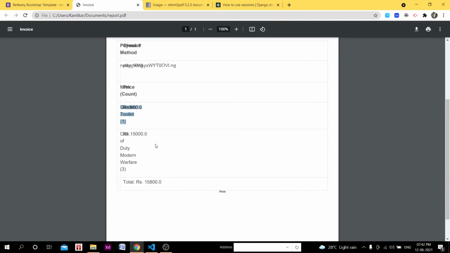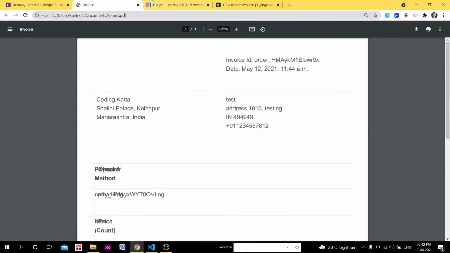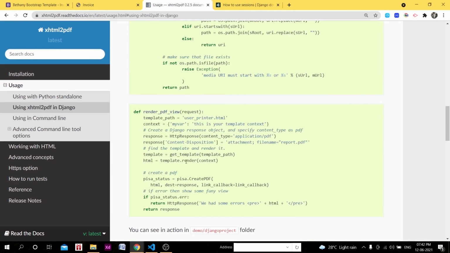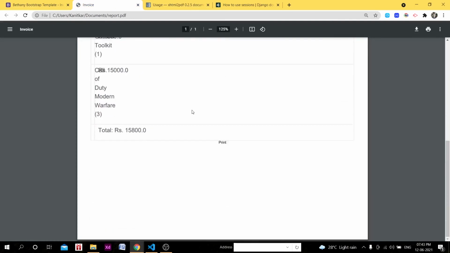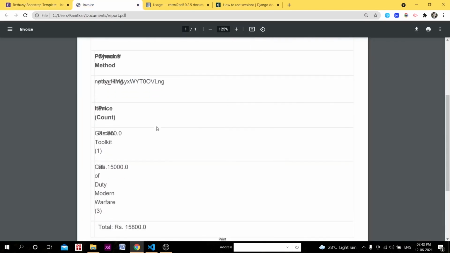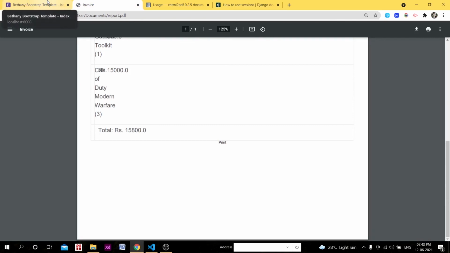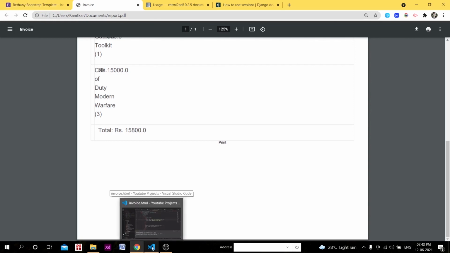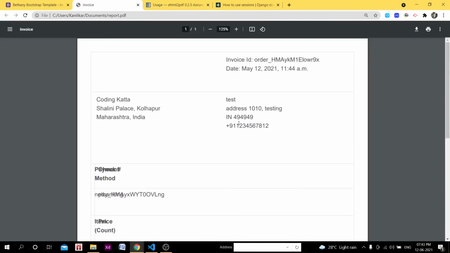As you can see here, I'm going to zoom in a little bit. The amount is loaded. I don't know why the HTML to PDF is not working properly, but still we have that chance. This is the order that we were able to generate, and that was working properly. This is also the way I showed you different things. It depends on your HTML file. So in this case, it is not a problem of our working. Our working was very perfect. It was a problem of the HTML, and I don't know why it is not rendering properly.